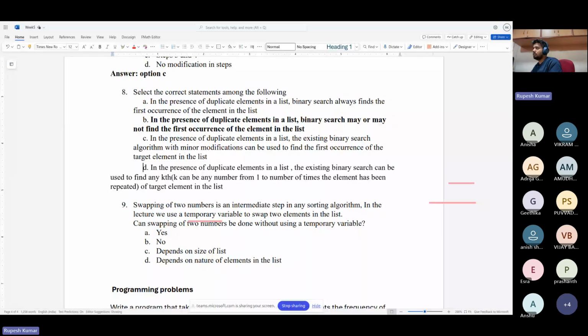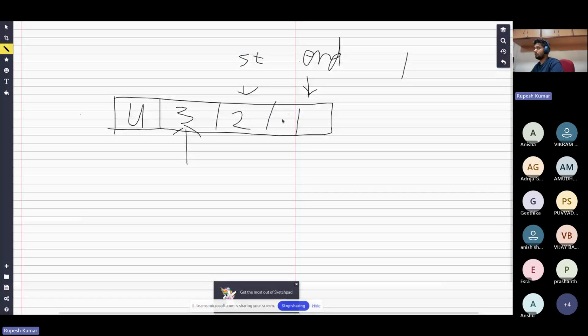So let's see the other option. In the presence of duplicate elements, the existing binary search can be used to find the first occurrence of the target element in the list. So yeah, this option was correct. Why is this correct? Because let's say we get to a particular element. So let's say we had this list. Instead of three, there was two here. Now we want to find the